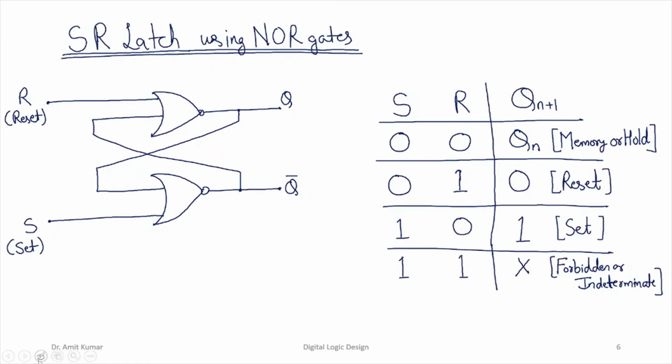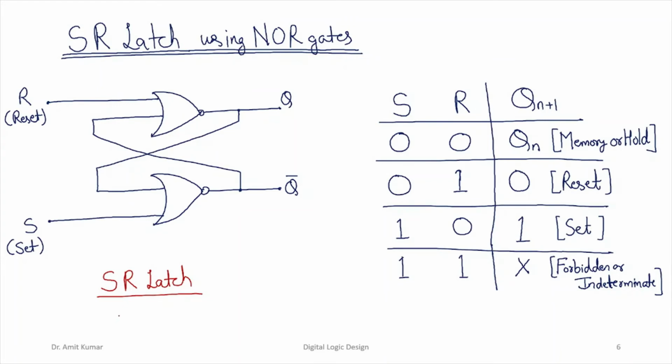Also, we have used the word SR latch for the implementation using NOR gates. We call this arrangement an SR latch because, if you carefully see, the S input has to be an active high input in order to set the latch output, and the R input has to be an active high input in order to reset the output. So if S is active high,